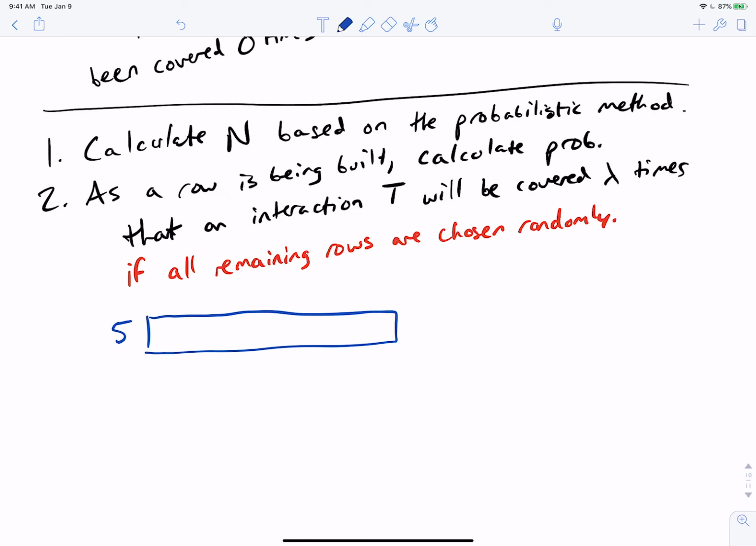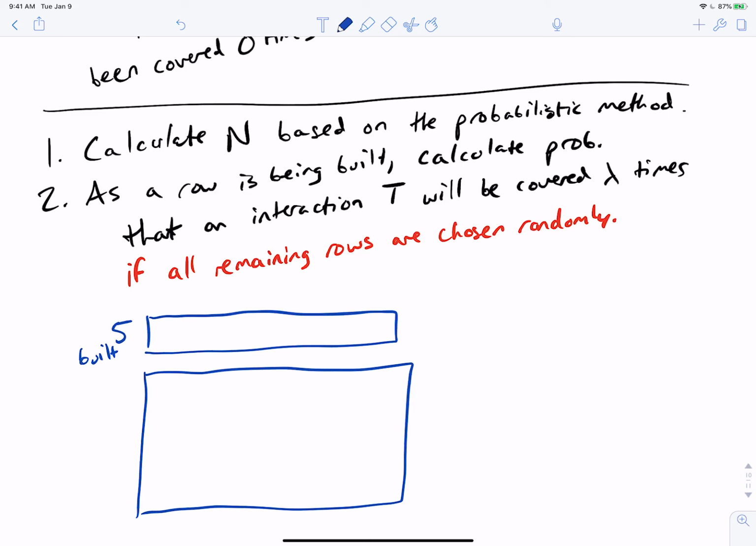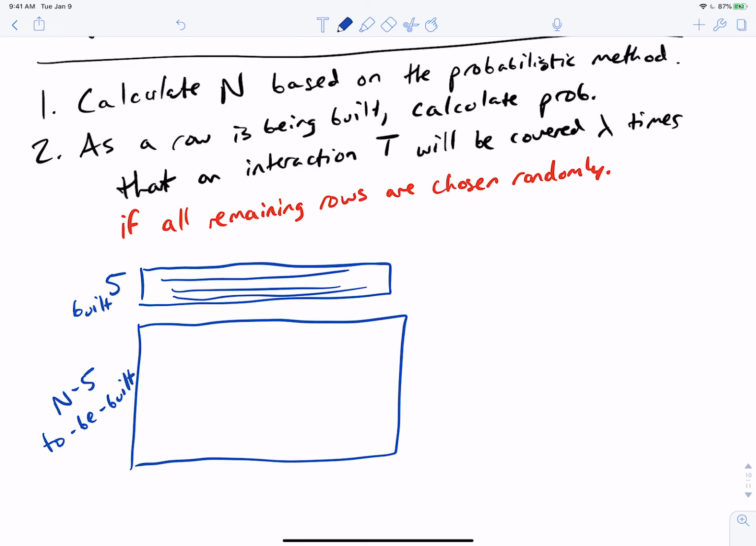So that means we have n minus 5 rows left to build. So I'll put built here. And then down here, we have n minus 5 to be built. And then just for the sake of an example, let's just say that lambda equals 3 and some interaction t